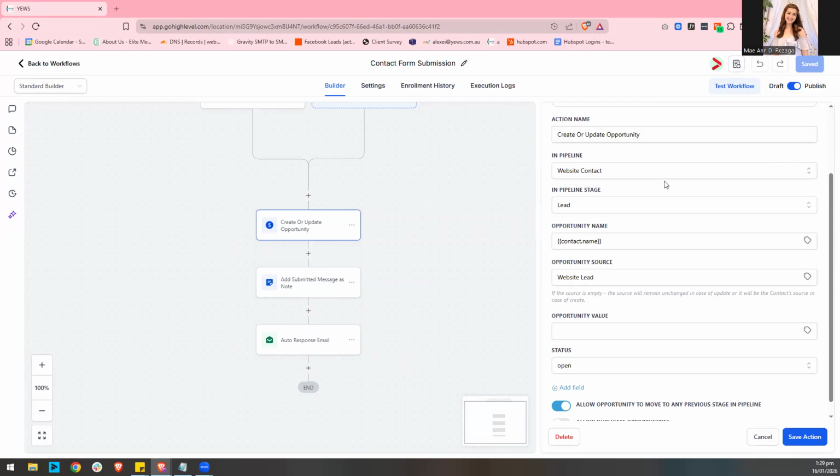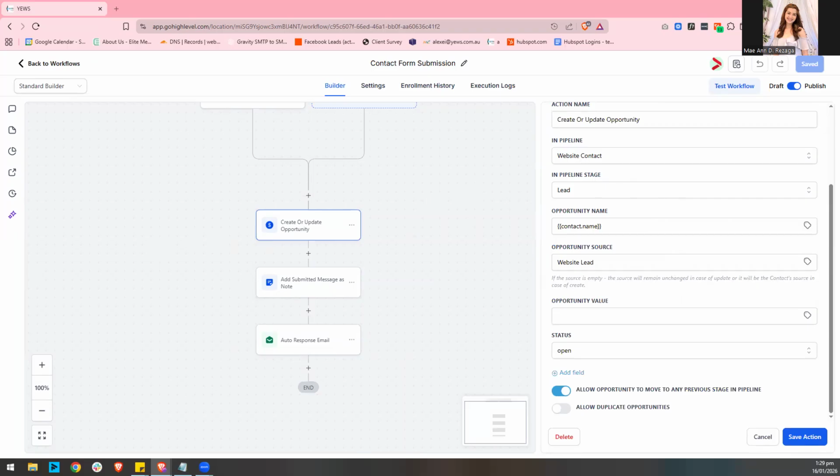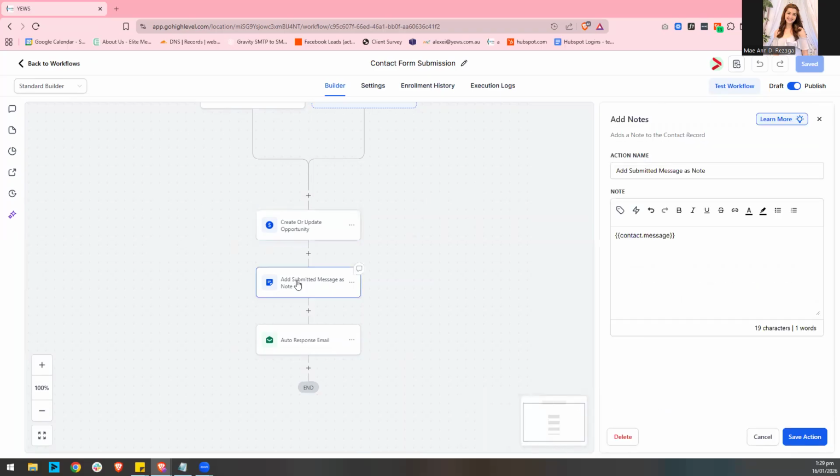So this ensures all inquiries are properly tracked without any manual input. Next, the message submitted through the form is saved as a note on the contact record. This allows the internal team to easily review the inquiry details directly inside the contact profile.